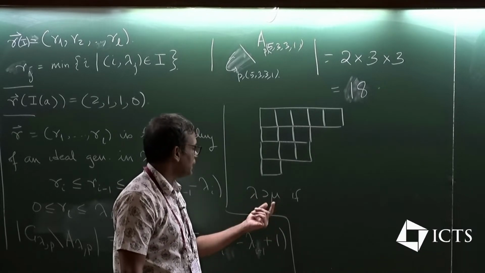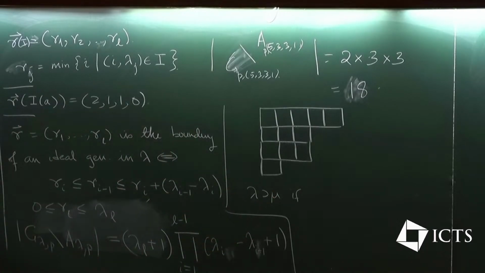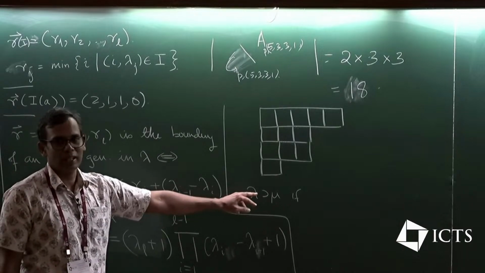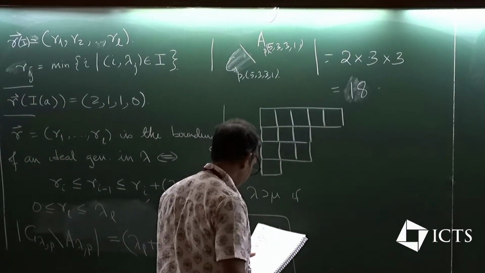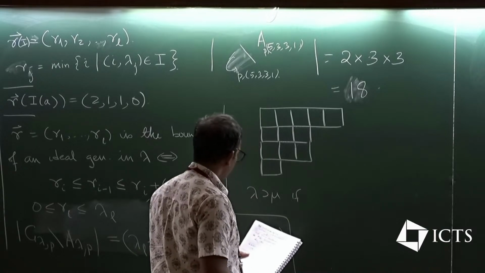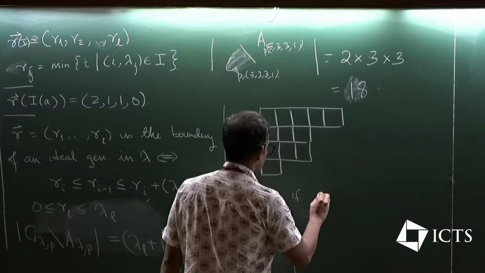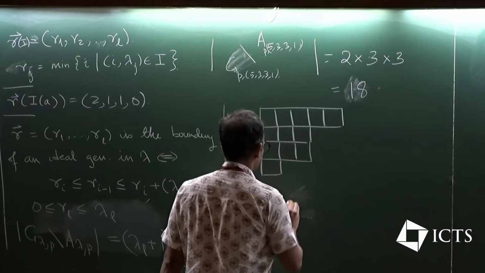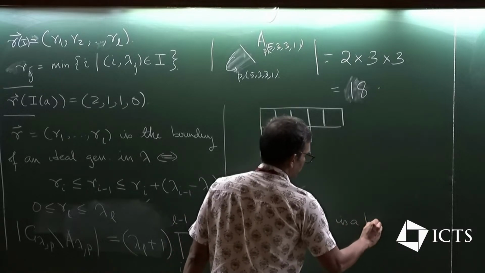Which also means that the ith part of mu, if you write it in the first convention, is less than or equal to the ith part of lambda for every i. So yeah, and we'll say that lambda minus mu is a horizontal strip